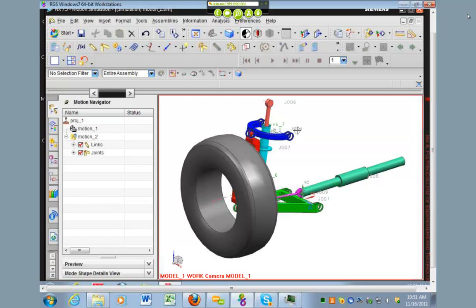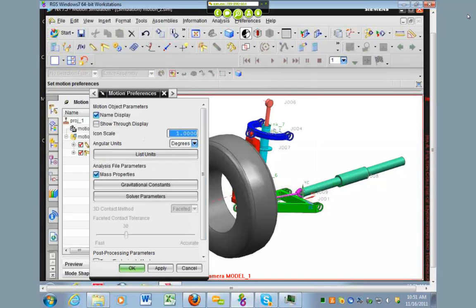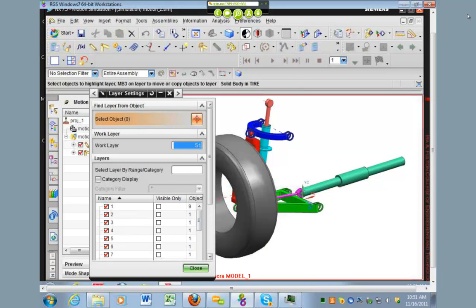And we can turn off these little names if we go to Preferences, Motion, and then we click this Name Display. And that will turn off those names. It asks us to make layer 1 the work part. So if we make this the work part, layer 1,